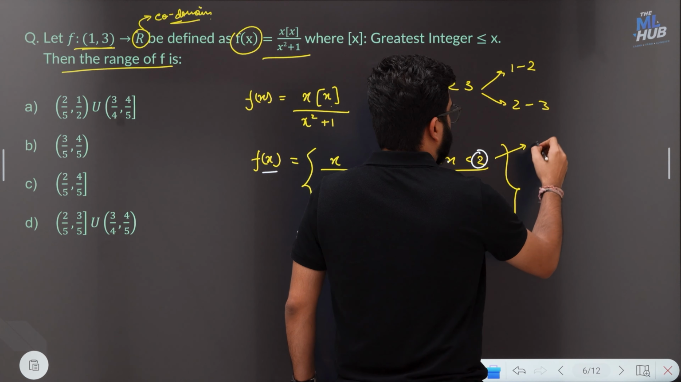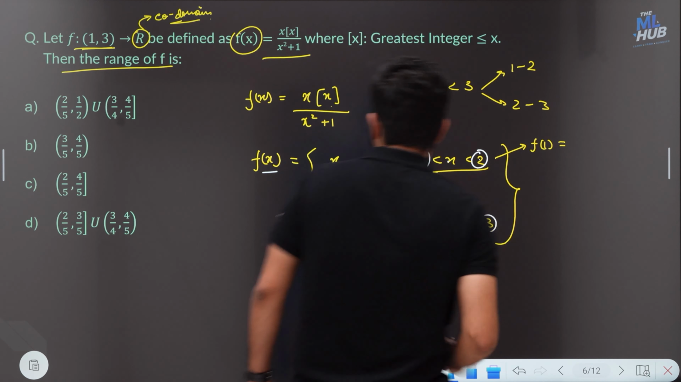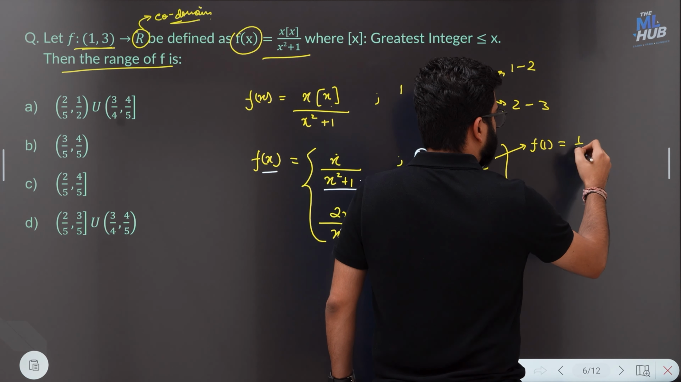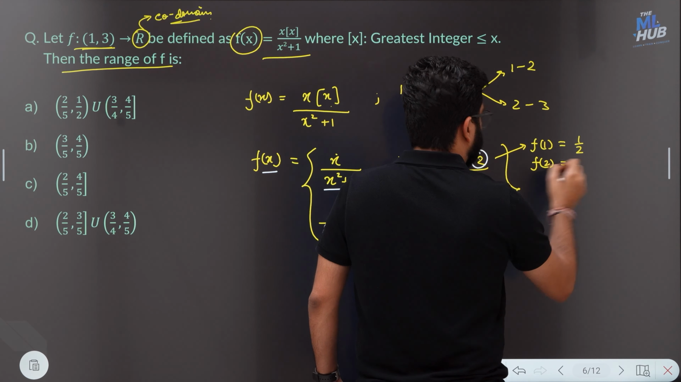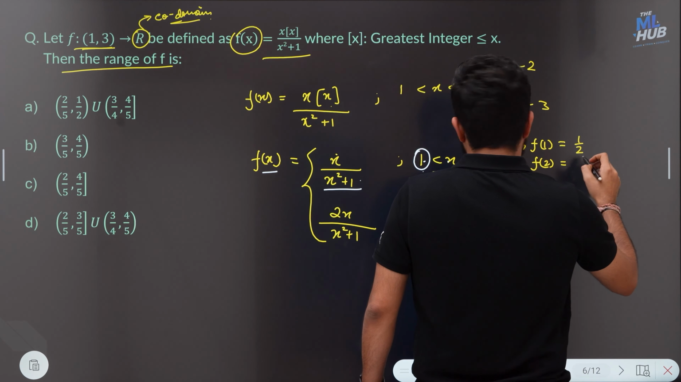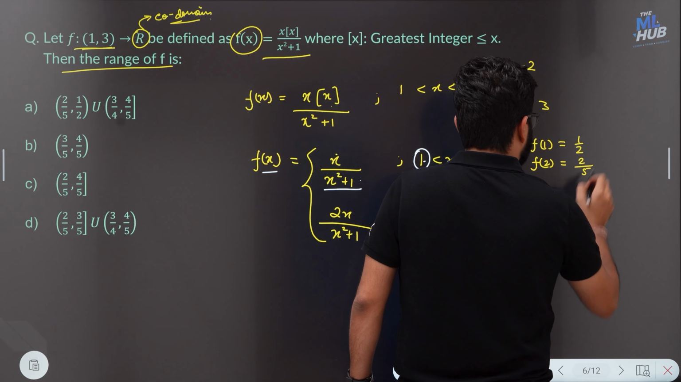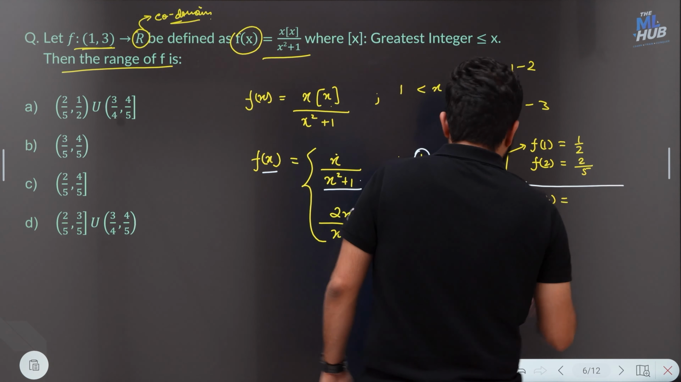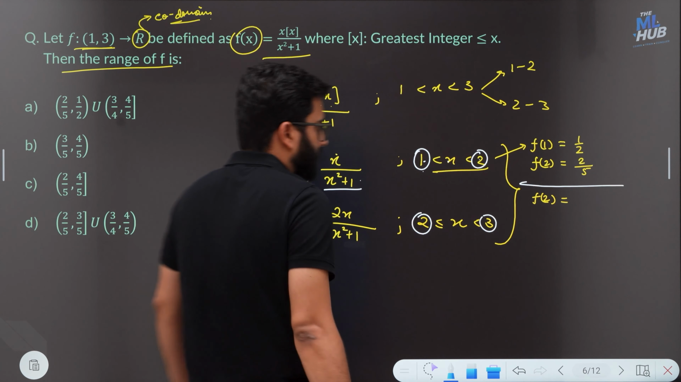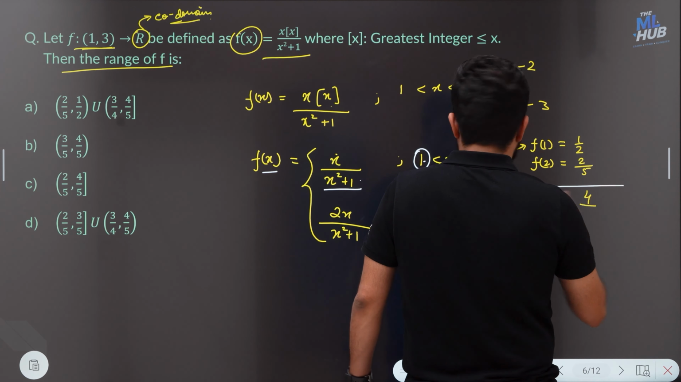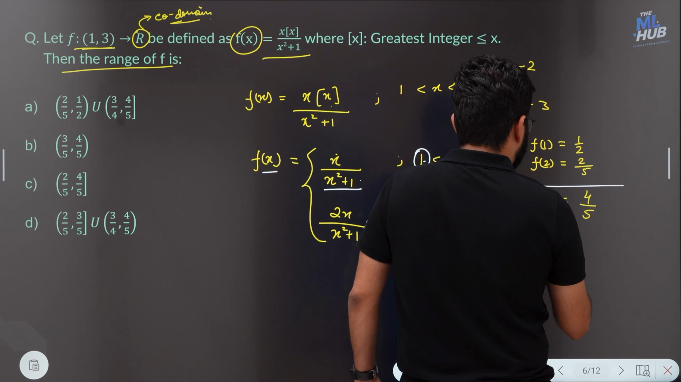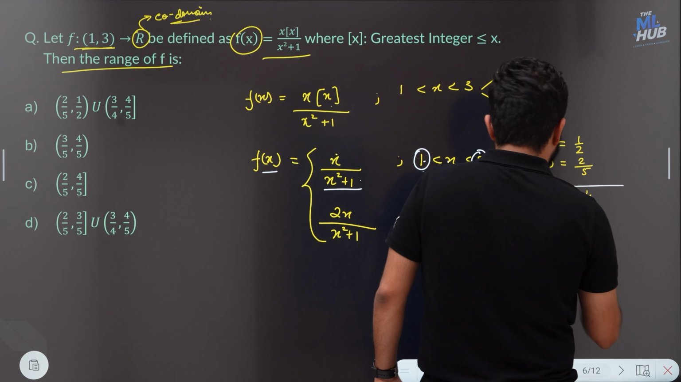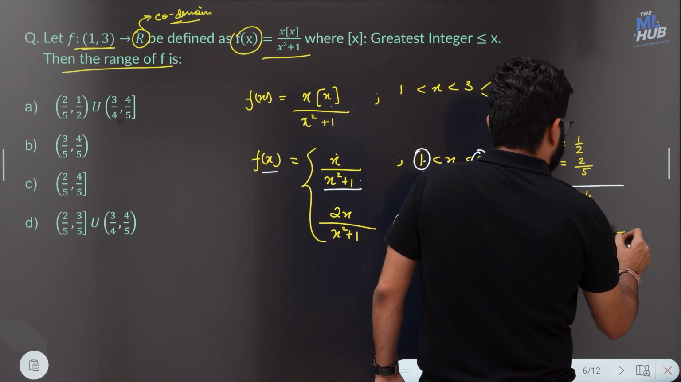So considering this, f of 1 will be 1 divided by 1 plus 1, 1 by 2. F of 2, for the first part, it will be 2 divided by 4 plus 1, 2 by 5. And again, f of 2, for the second piece where x is from 2 to 3, it will be 4 divided by 5. And finally, f of 3, it will be 3 times 2, 6 divided by 9 plus 1, 10, which is